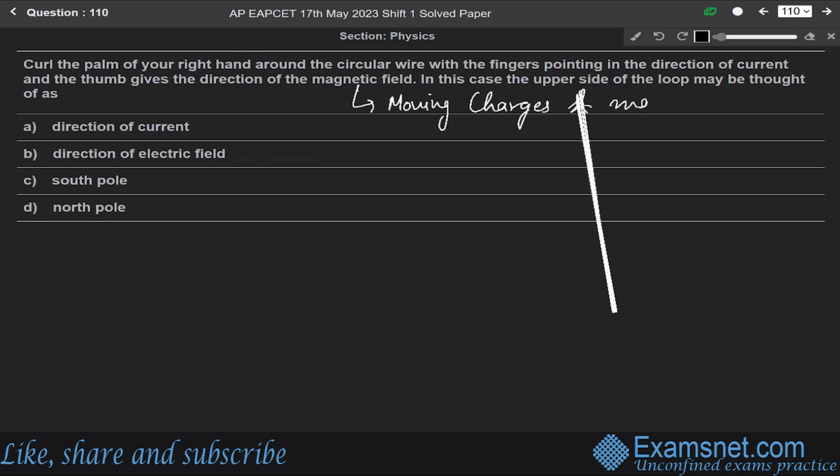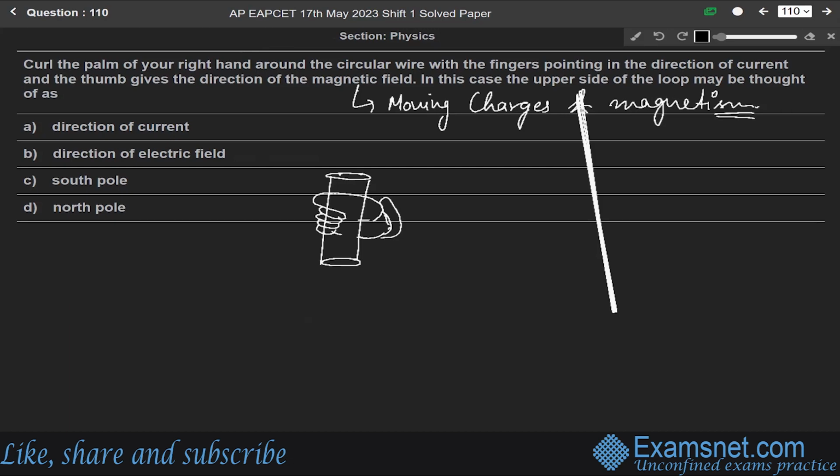Moving charges and magnetism, okay. So according to the question, let us say this is a circular wire. There is a circular wire. A wire is always in the form of a cylinder, okay. If let us say this is our hand, this will look like this. If, okay, according to the question,